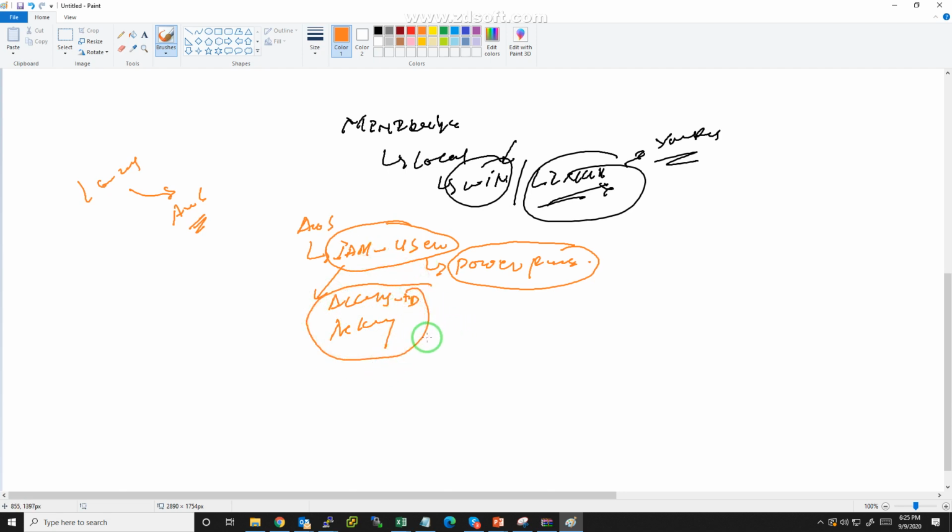So how do you make a connectivity from your local system to the cloud, which is AWS? This key and user ID will help you make a connectivity to AWS.